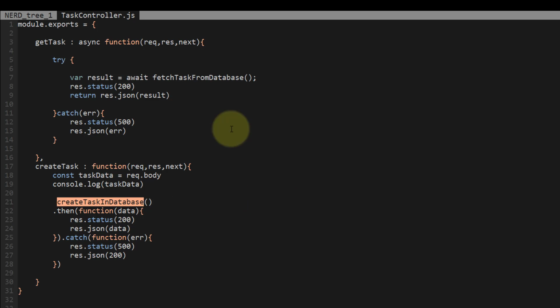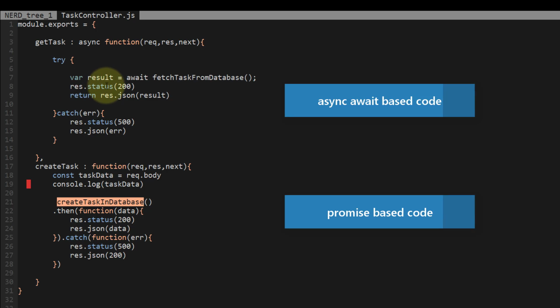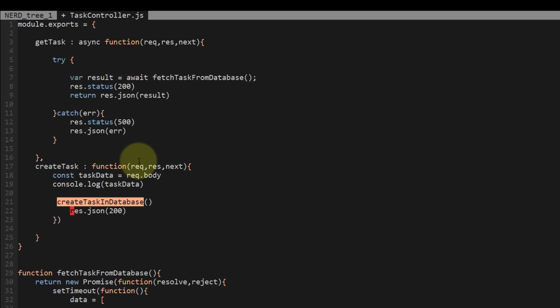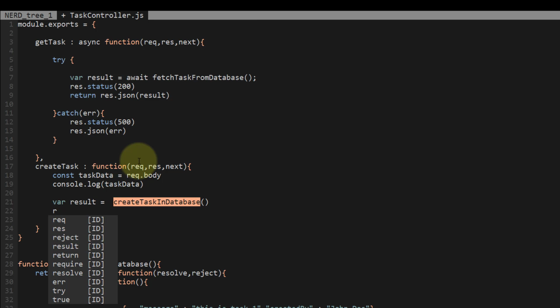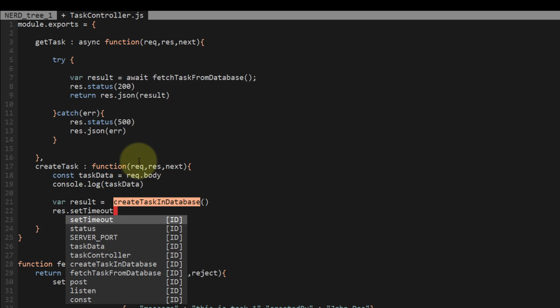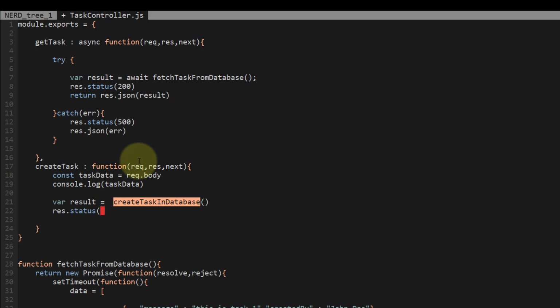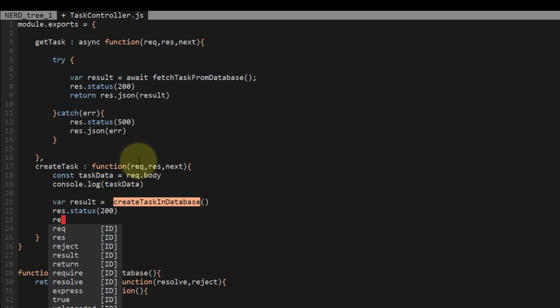You can see this code and this code, which looks beautiful and is easy to debug, because it is synchronous kind of code. If there are multiple promises, then you can write one by one, in one line this, in the second line that, and it is easy to understand. In the same way, we'll remove all this promise thing, and we'll say variable result equal to create task in database, and then response.status will be equal to 200 if it is successful,